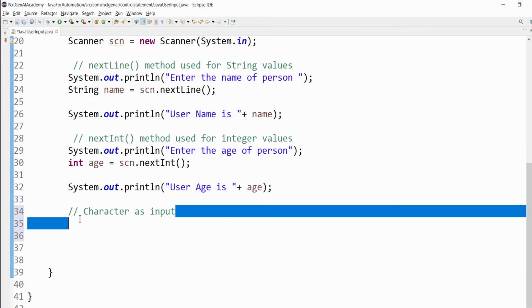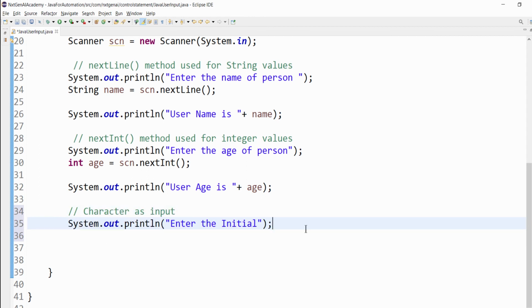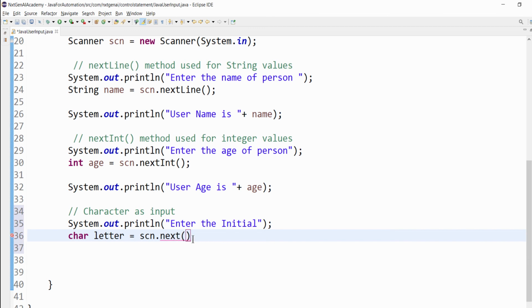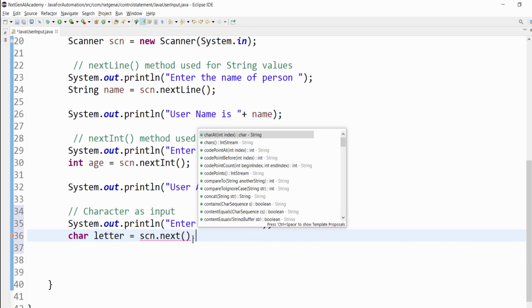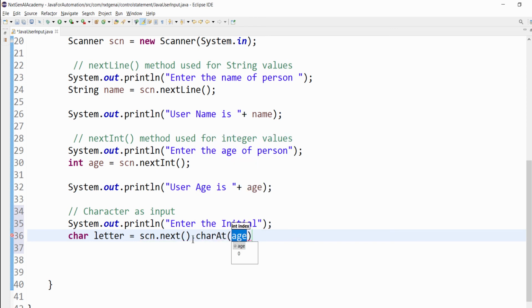Same way we will be giving a character as an input. For example, enter the initial. Now data type char, letter equal to scn dot next. Next is used to get the string value, but in that I want the character at the 0th index.